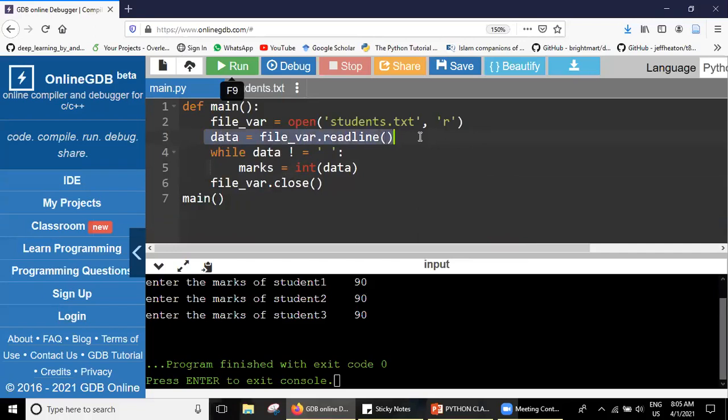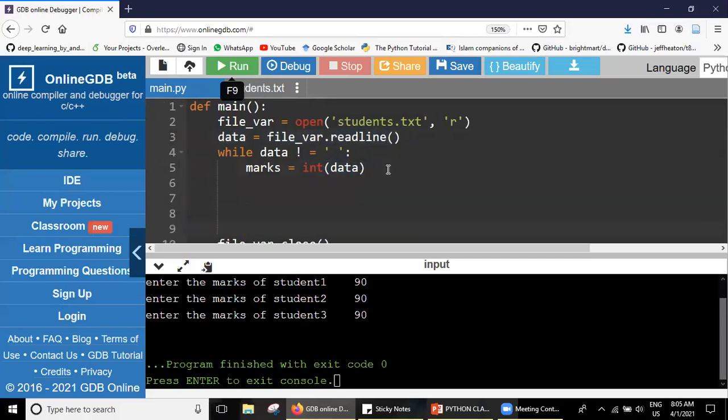Are you able to get my point? Why am I converting it here? Because I am running this in the loop. And of course, when we are running something in the loop, it means that we are going through numerous values and each value has to be converted into int. If I only write it here, that will not be converted. Only one value will be converted, which is the first value. So then I say print marks.